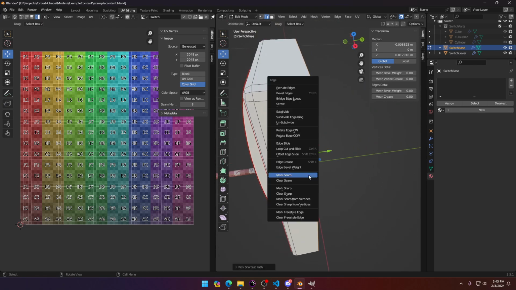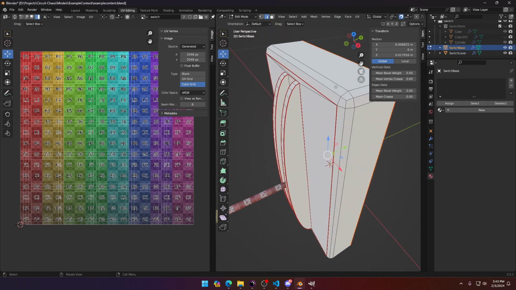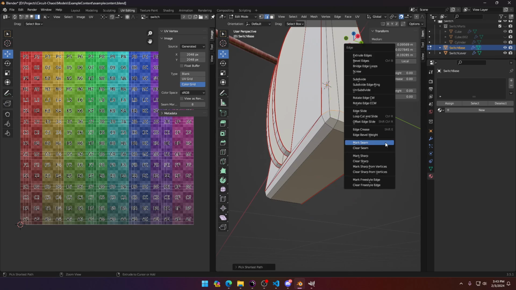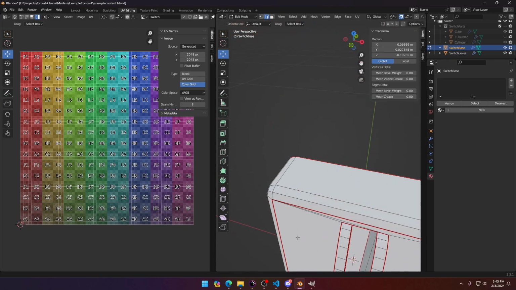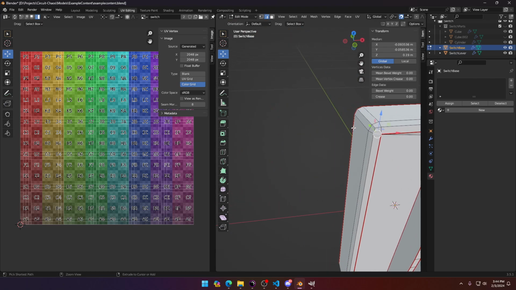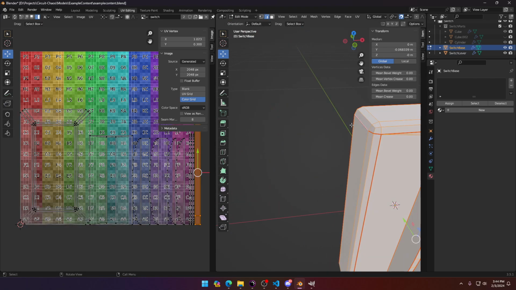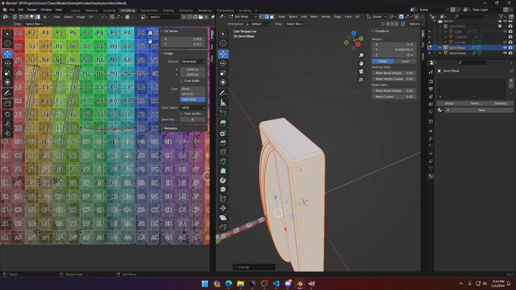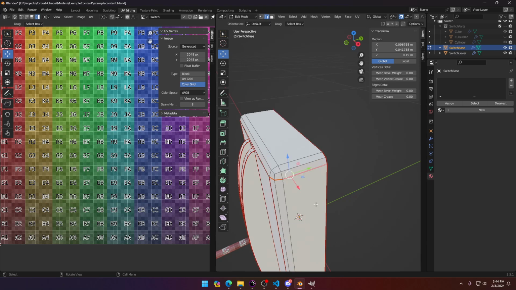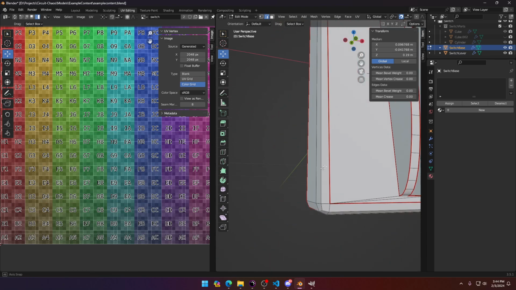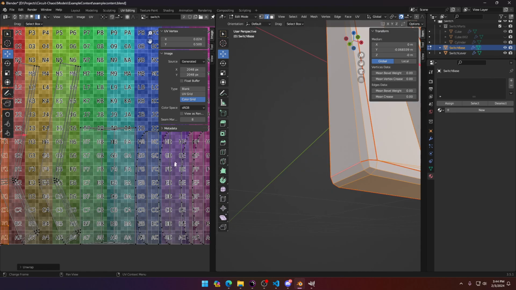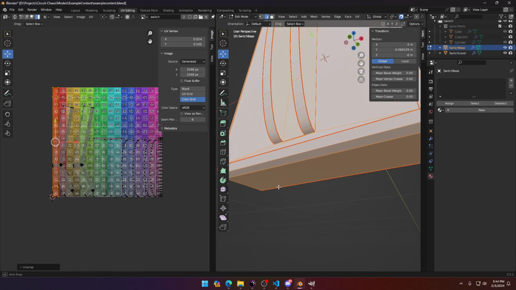I don't think I need it. I'm just going to make a seam here just to be safe. And then I want a seam here. And I'm going to make a seam here. I don't like this bend here. I might have to make seams here. I made one thing better, but